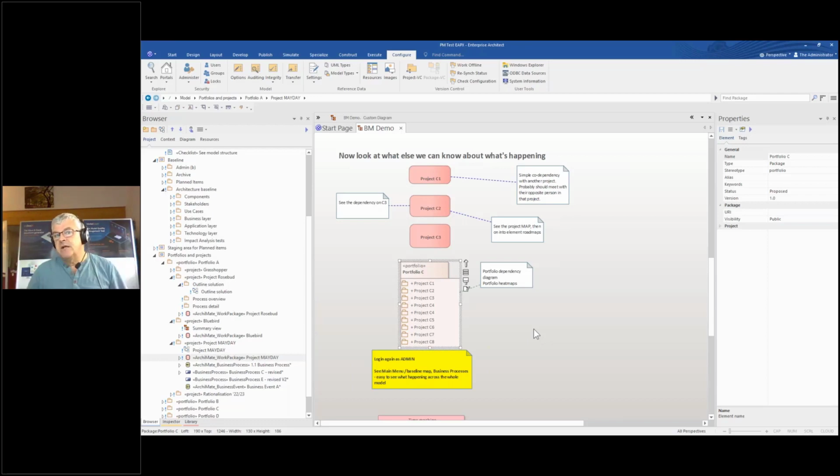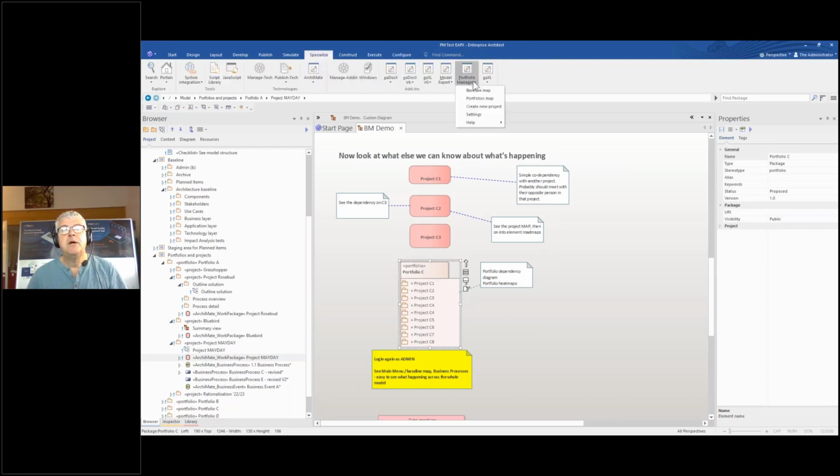There's another bunch of stakeholders in this, though. They're the people who are looking after the baseline. So my enterprise architects, my process leads who are looking after all the processes. There's a whole bunch of stuff that we can help them with to say, there's a load of stuff going on here. Where should I spend my time? And that's what I often struggled with doing that job. I know there's all kinds of things going on, but what's important? So we'll look at some of the views that we've created here for